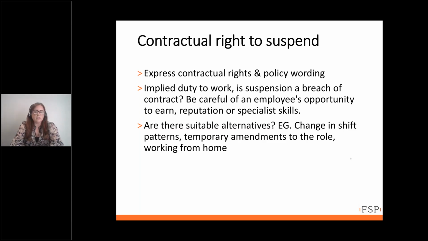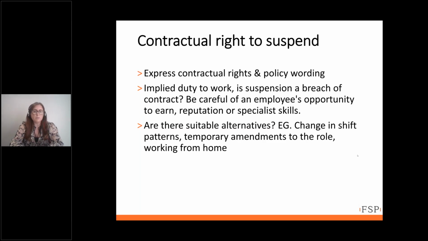Given that this right is open to interpretation and it is relatively uncertain, it is therefore safer for employers to be able to rely on express contractual provisions with regard to suspension if they exist, which in itself isn't foolproof for the reasons that we will go on to consider. Now, with this in mind, considering alternatives becomes more important. Employers should also consider whether there are any suitable alternatives, and Annabel also touches on this point in her sections,